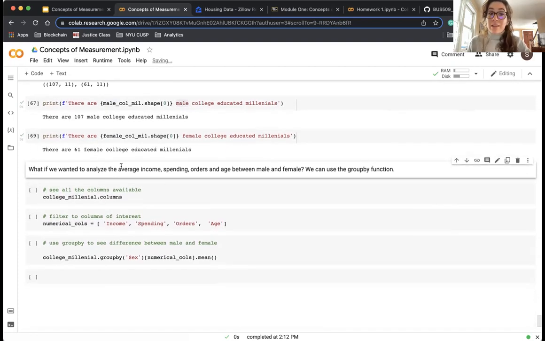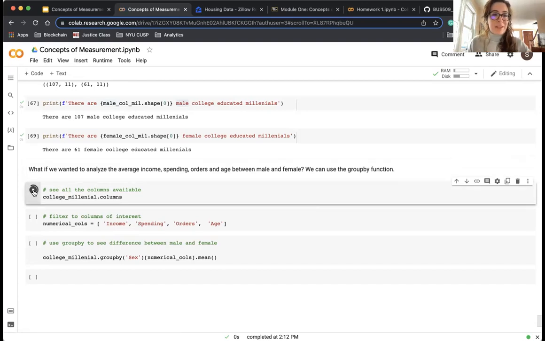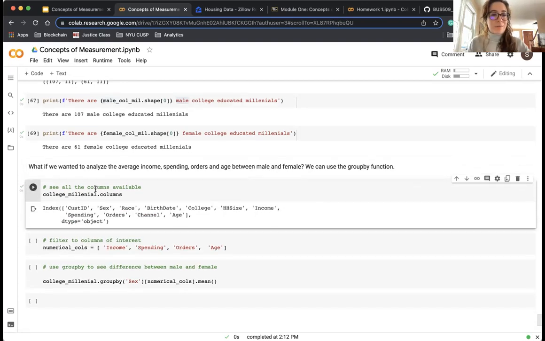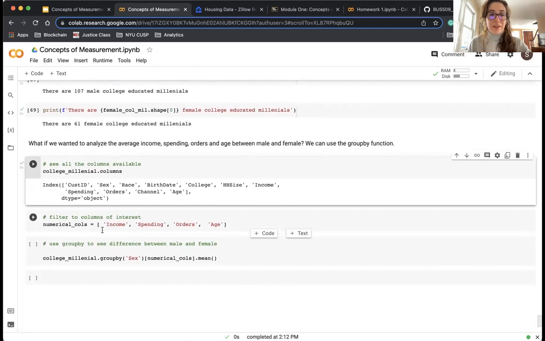Lastly, if we wanted to analyze the average income, spending, and orders of this demographic, now that we did all that work just to get the subset of data we wanted, now we can do a lot of stuff with it. This is an example of how much time it took us just to pre-process the data, and now we can actually do the analysis with it. So this actually was pretty representative of how much time it would take compared to the actual objective outcome here. So let's see all the columns that are available, and we'll just filter to,